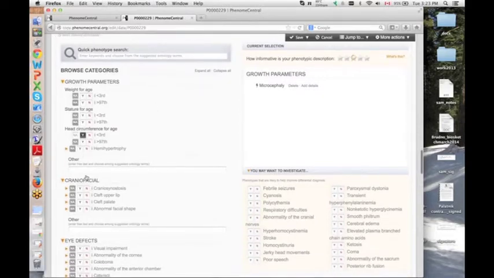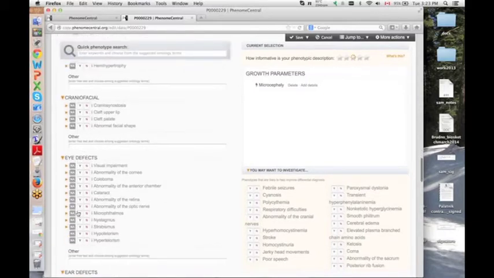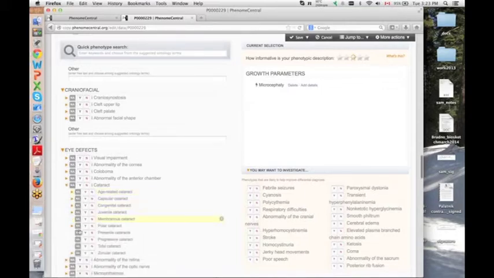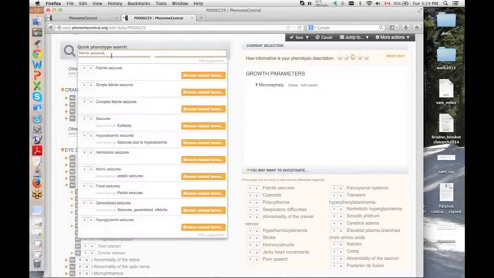And then you have on the left side the checkboxes, which allow you to specify, for example, visual impairments like cataracts and nystagmus. For all of the terms, it's actually possible to unroll them and drill further down to more specific terms, and this uses the Human Phenotype Ontology, so you can drill down further and further. But instead of searching within this hierarchy, it's possible to just quickly type, for example, if you want seizures, just type that and it will find febrile, simple, complex, and then more general seizures and so on.